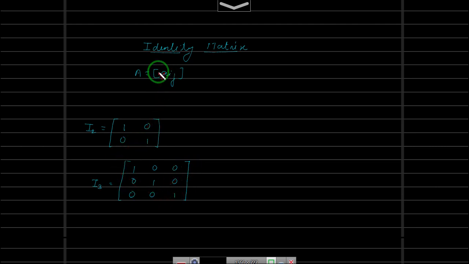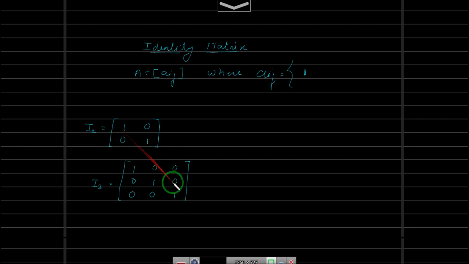And if you want to write the identity matrix mathematically, Aij will be equal to 1 if, notice, this is A11, A22, A33 and so on.